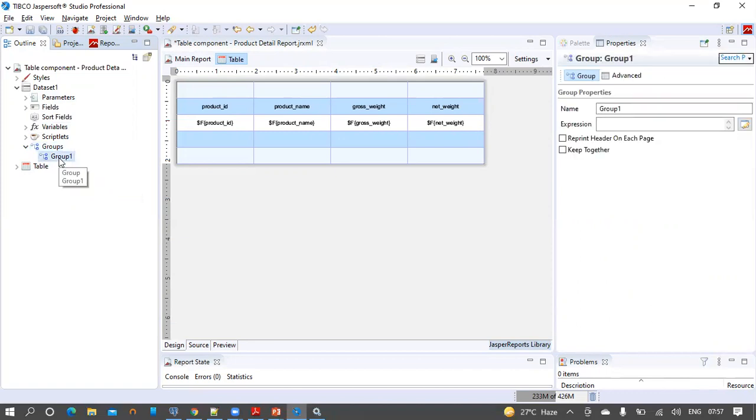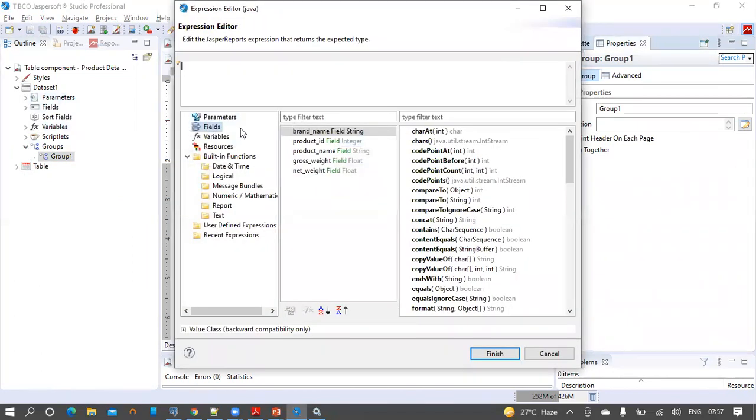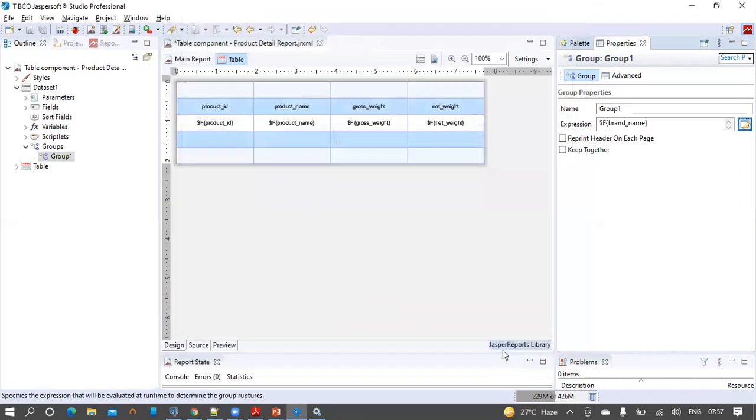So select the group one created here and provide the expression. We want to group our product details report by its brand name. So let us take the brand name in the expression editor. Click on this icon here for the expression and select the brand name field here. Click finish.